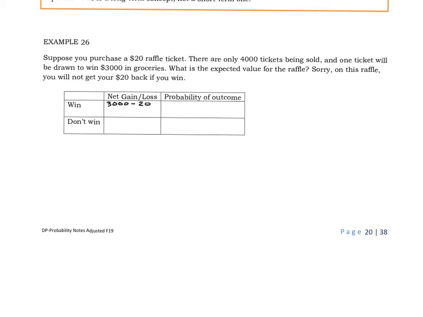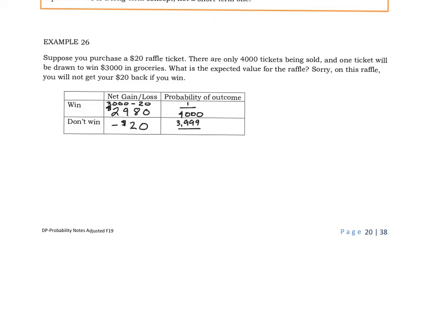So your net gain in this case would be $2,980. If you don't win, you are out $20. So what's the probability of winning? Well, there's 4,000 tickets. There's only one winning ticket. So the probability of winning would be 1 over 4,000. So the probability of not winning is going to be the complement of that. So 1 minus 1 over 4,000 is